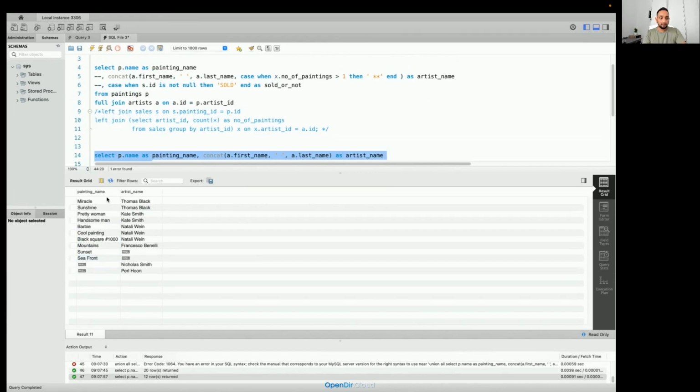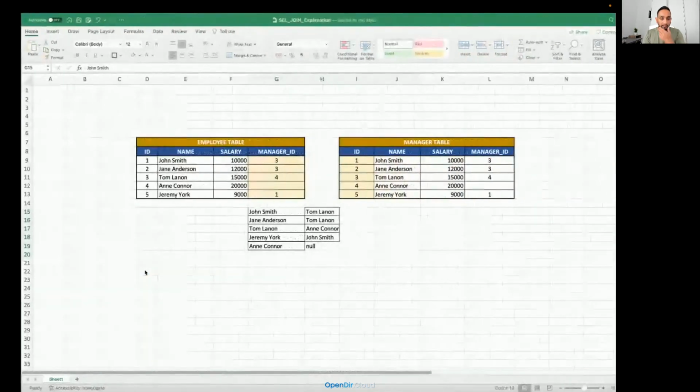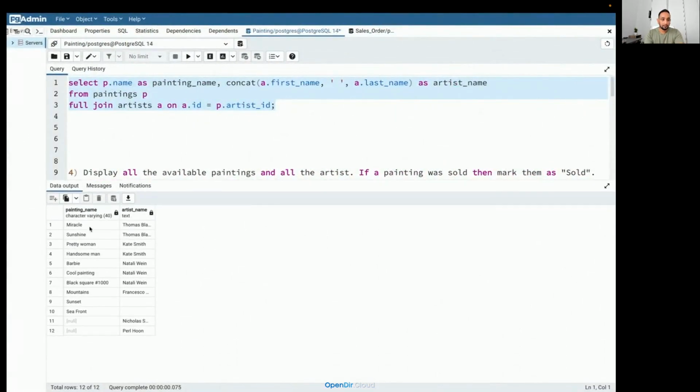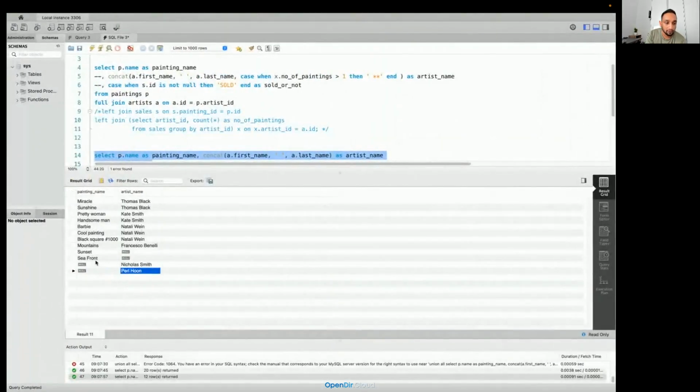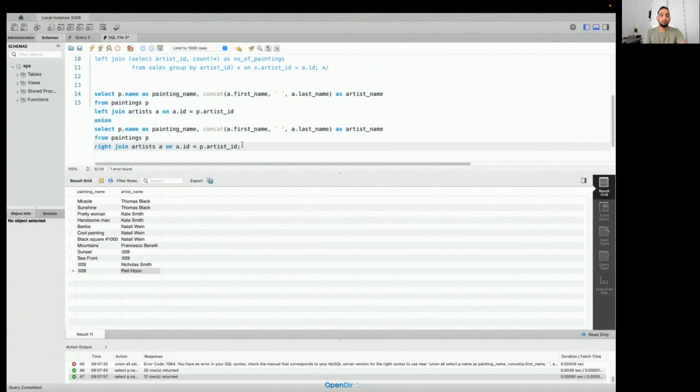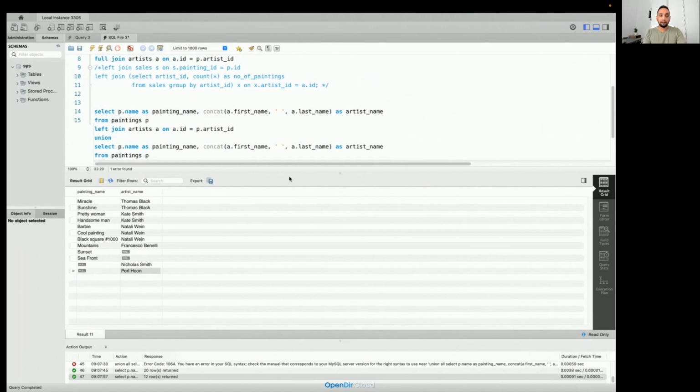Okay, so I think this is exactly the same as what I have got here. So if you look, 10 here, then 2 nulls. So I have them for sunset and sea predator. Okay, so I think that's all, Abdifita. What you need to do is you need to use this query. Okay, so I'll show you how to do that. So what you can do is,